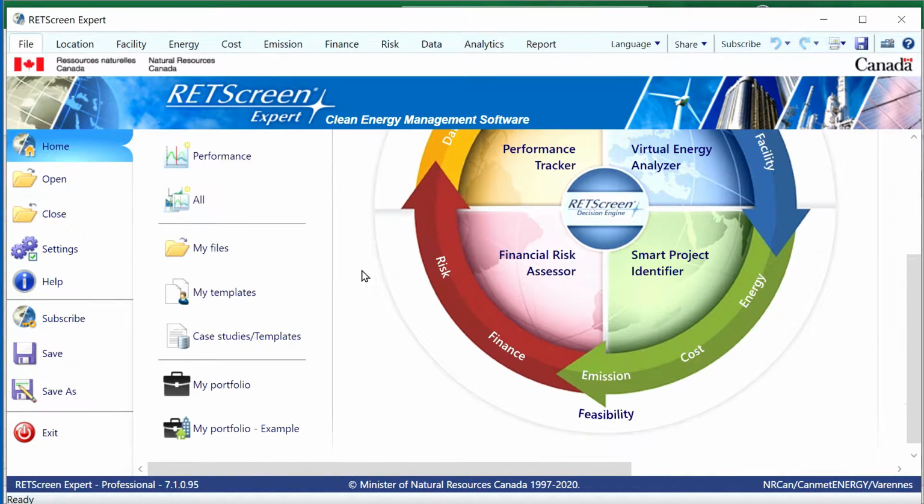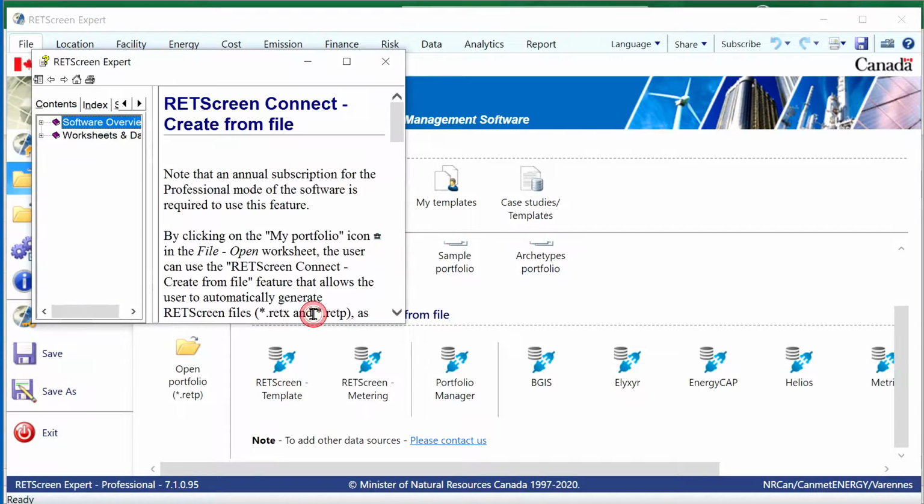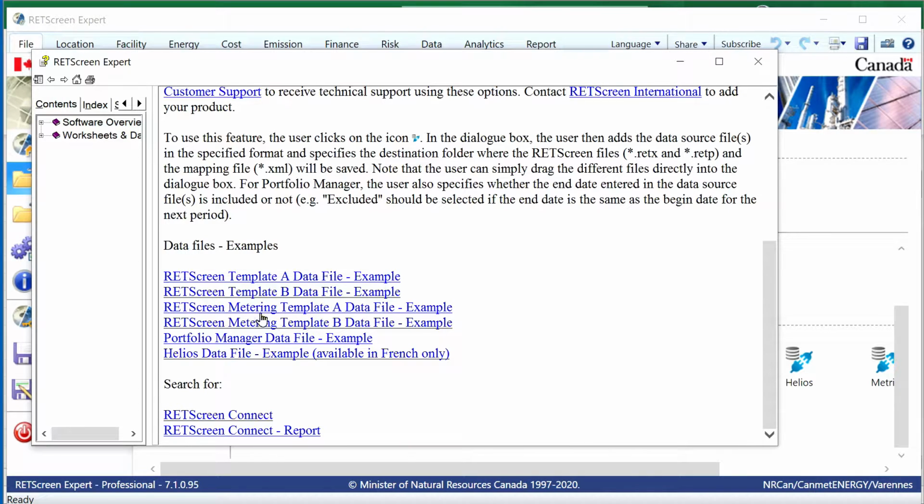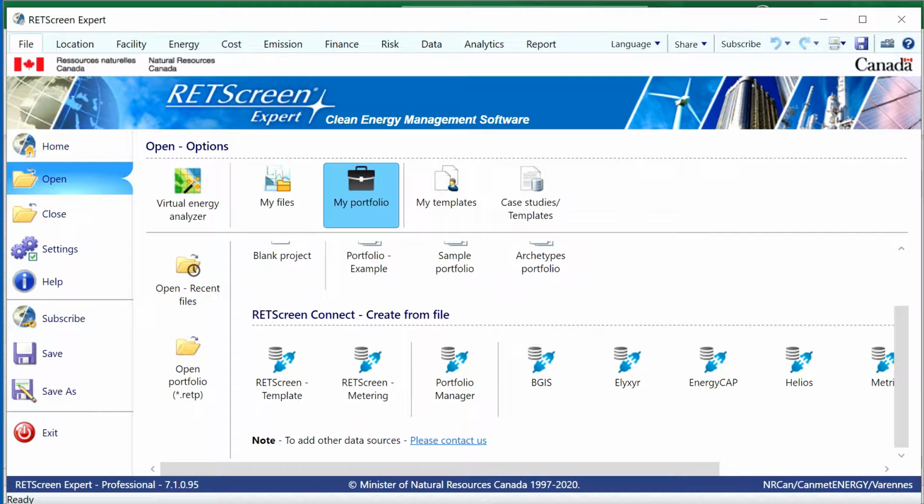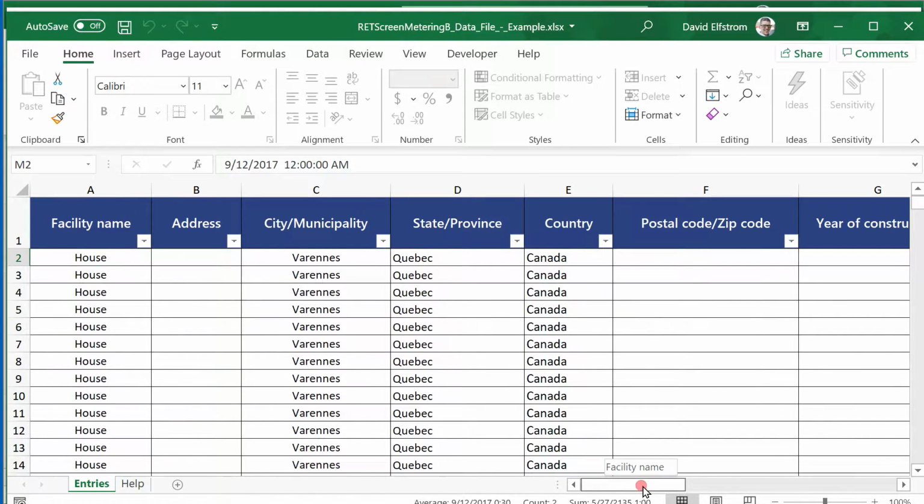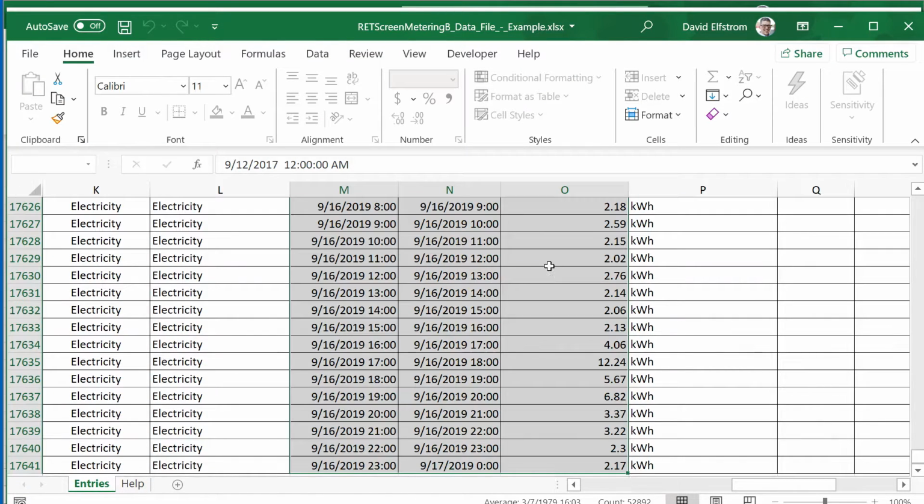And to do that, under My Portfolio, we first need to put information into a template that RETScreen provides from RETScreen Connect. To get access to those templates, click on the Help, scroll down, and you'll see two different metering templates, Template Data A and Template B. Template B is the one right here, and it already comes populated with some sample data. What interests me the most here is the start date, end date, and consumption. We're going to clear this sample data out, Control-Shift down arrow, delete,